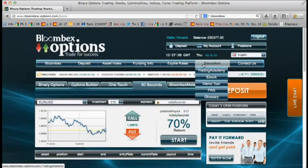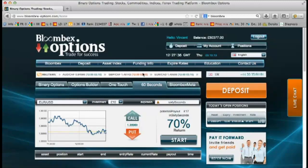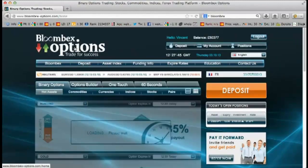And by the way, Bloombex also offer education, trading ebooks, and they have demo accounts and a demo tour. Of course, I'm now trading with a demo account, sadly, because otherwise I'd be very, very wealthy here. And that's it. That's the A to Z of Bloombex Options. By the way, you should also bear in mind that they do offer promotions